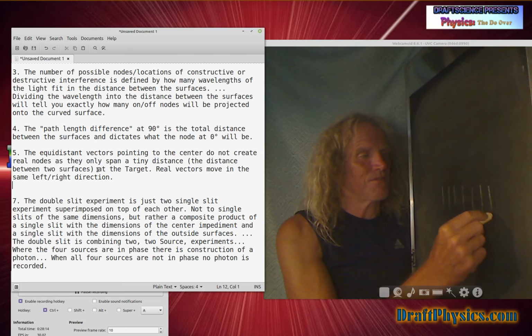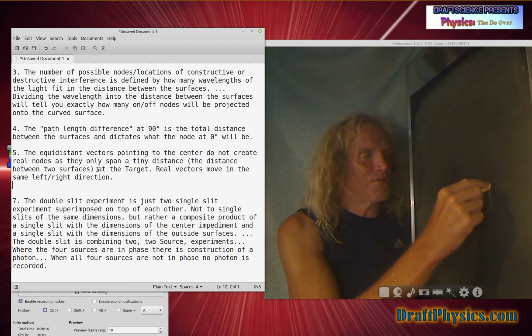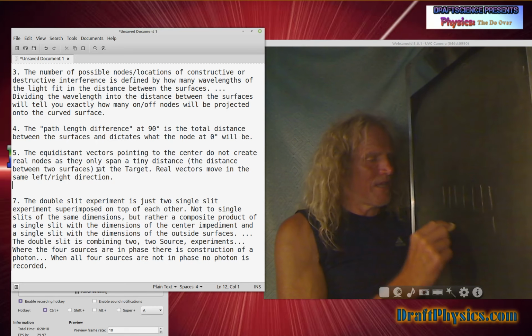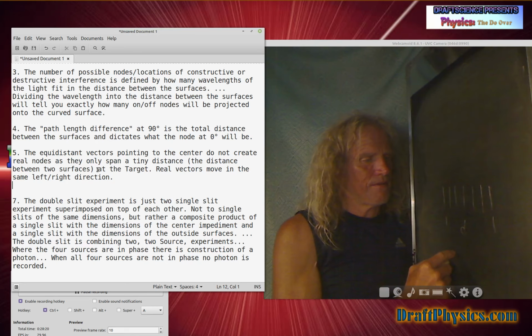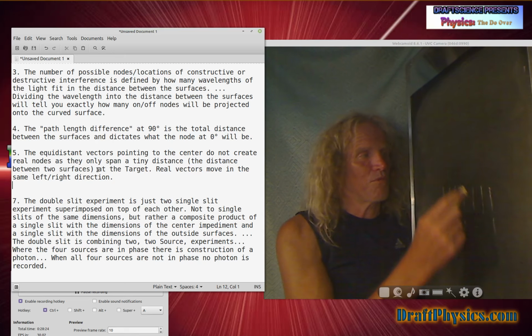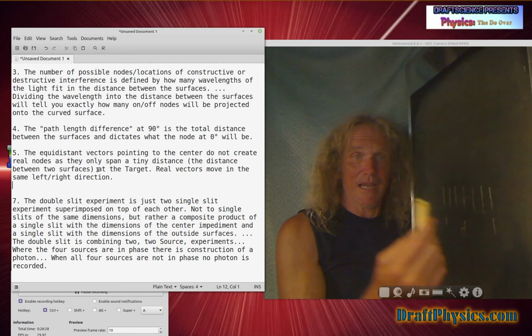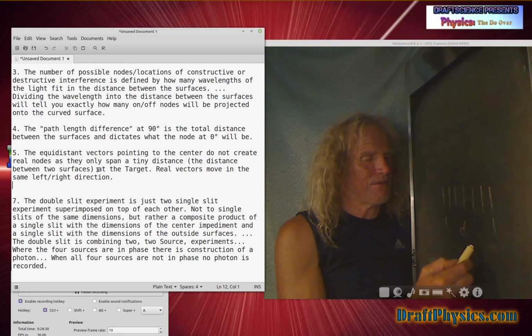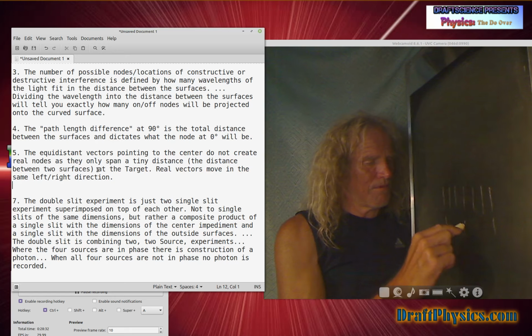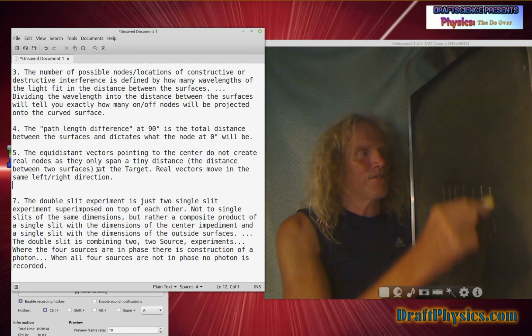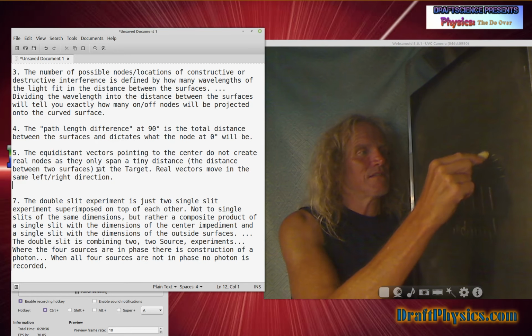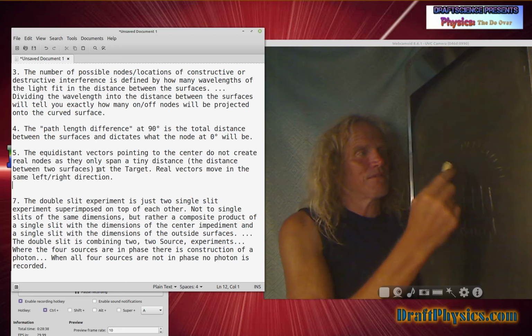Okay, that's these two, right? So I'm going to take those two and say, that distance, how many wavelengths are in it? The more wavelengths, the more points at which I can have one of those light things being created. I have a wavelength of difference in the hypotenuse. So the more wavelengths that fit in here, the more notches it creates on the same length of